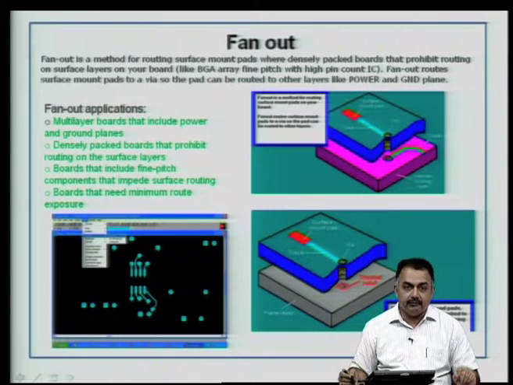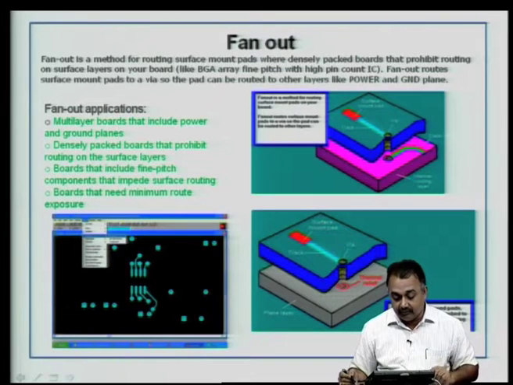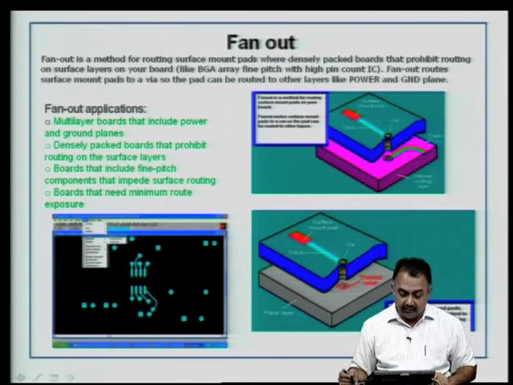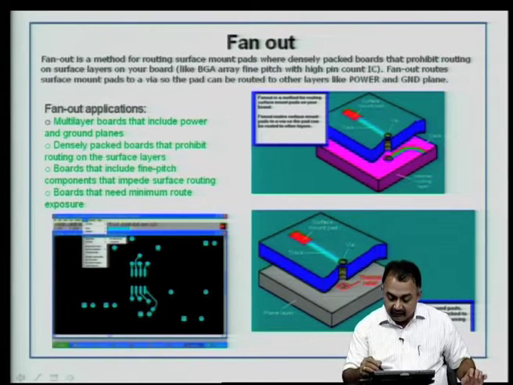Another important aspect that you will have to look at is what is known as a fan out. Fan out is a method for routing surface mount pads. If you are using surface mount components, where densely packed boards prohibit routing on surface layers on your board, like a BGA fine pitch component with a large number of pins, high pin count. Therefore, if you look at this figure here,